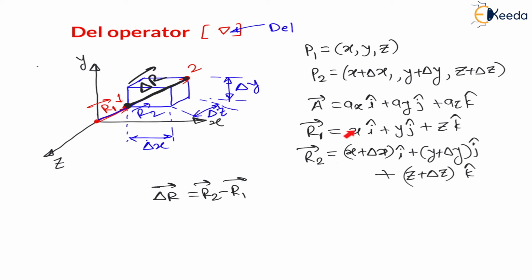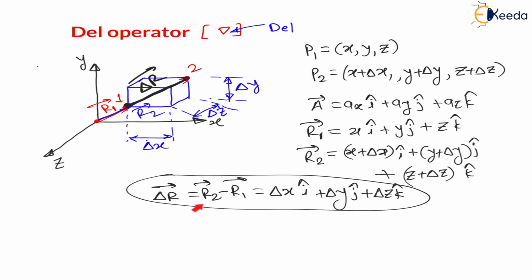Now vector r2 minus vector r1: x will get cancelled, y will get cancelled, and z will get cancelled. Then what will we get? It will be del x i cap plus del y j cap plus del z k cap. This will be the vector del r, which is nothing but r2 minus r1. Now, as we have calculated vector del r,